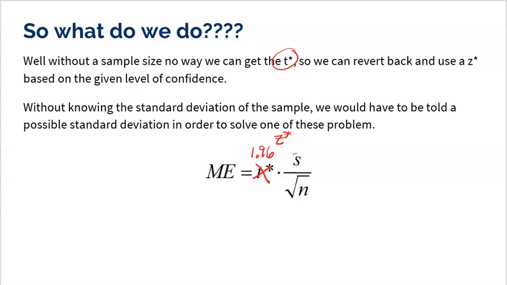Now, the other thing is S. I need to know a standard deviation. So in any problem that's going to ask you to solve for sample size, you will have to be given a standard deviation. Maybe it's a standard deviation from a previous sample, or you're given some information about what that standard deviation could be, because otherwise you can't solve the equation. These problems are a little bit weird, but let me demonstrate one so you can see exactly what it would look like. They're actually not that bad to solve.